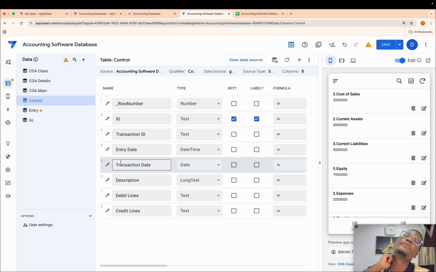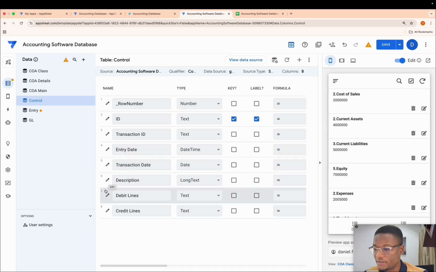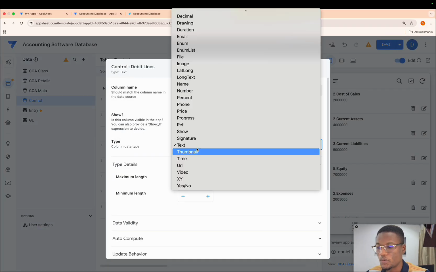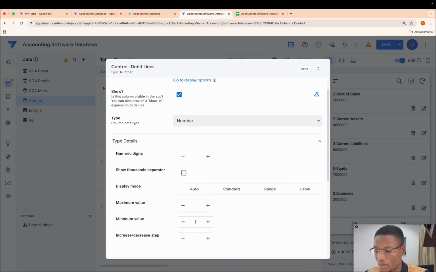All right, now the next thing we're going to look at is our description, which is long text. That's fine. Now, debit lines and credit lines are important, okay? These ones are going to be numbers. The minimum value is 1, and the maximum value, like we set in the sheet, should be 20.